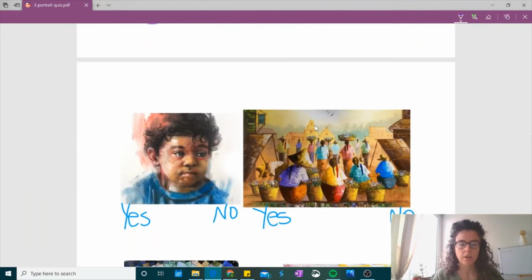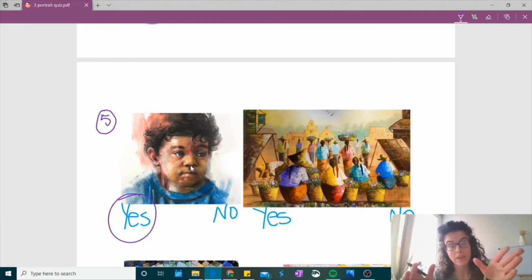Okay, let's go down now to the next ones. So we'll call this number 5. Number 5, I believe this is pastel and charcoal, or maybe just charcoal, but we have this little boy. What do you think? Portrait, not portrait? It is a portrait, yes. It's very close to his face, and we can see all the details of his face. We know who the main focus of this artwork is. We know it's about the little boy. So it's very clear to see he is the subject, he is the focus